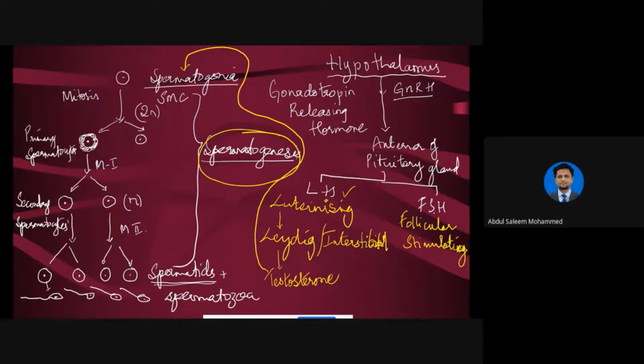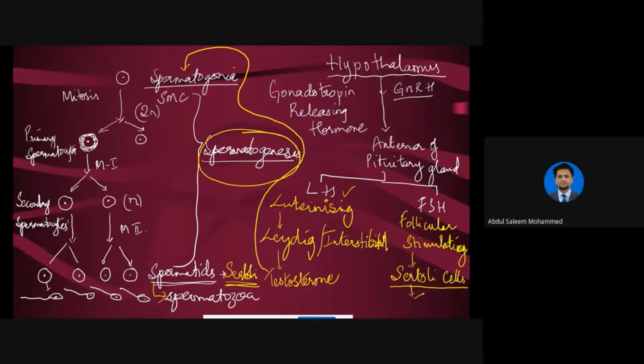On the other hand, we have the follicular stimulating hormone. It stimulates the Sertoli cells, the cells which provide nourishment to the sperms. Now, these Sertoli cells perform the most important process, that is the process of spermiogenesis. Follicular stimulating hormone stimulates the Sertoli cells to transform these immature spermatids into the mature spermatozoa. Once these are formed, Sertoli cells will release a special hormone.